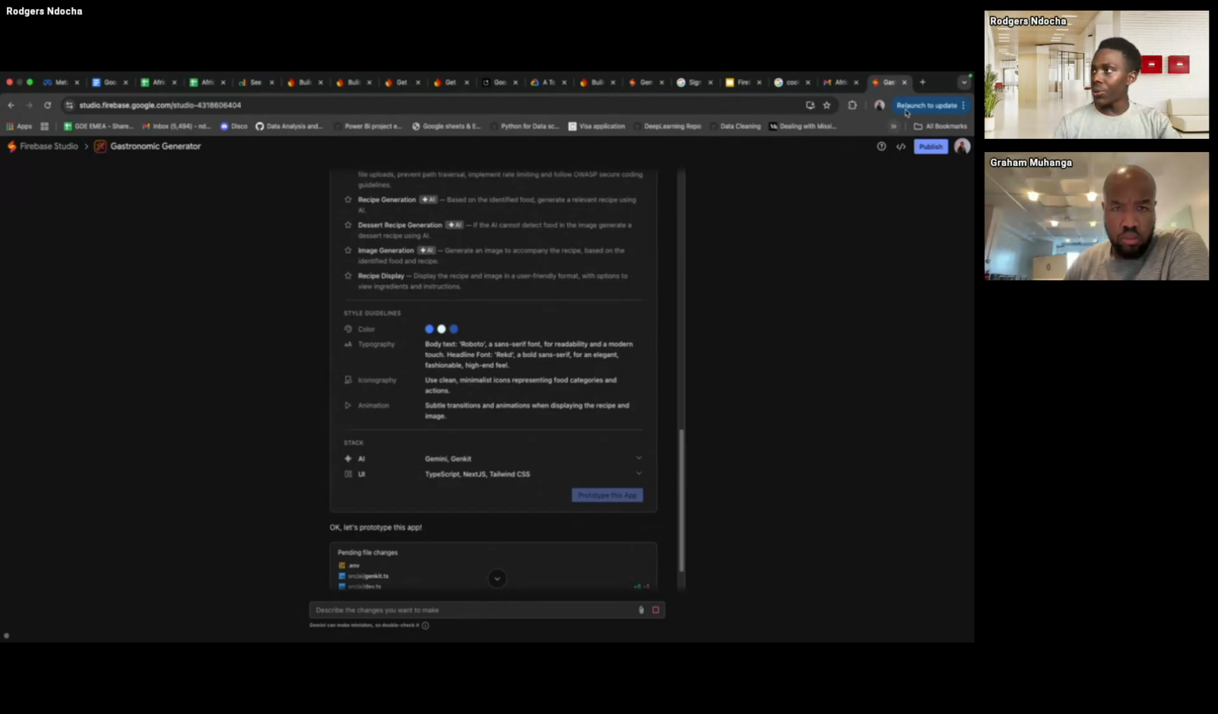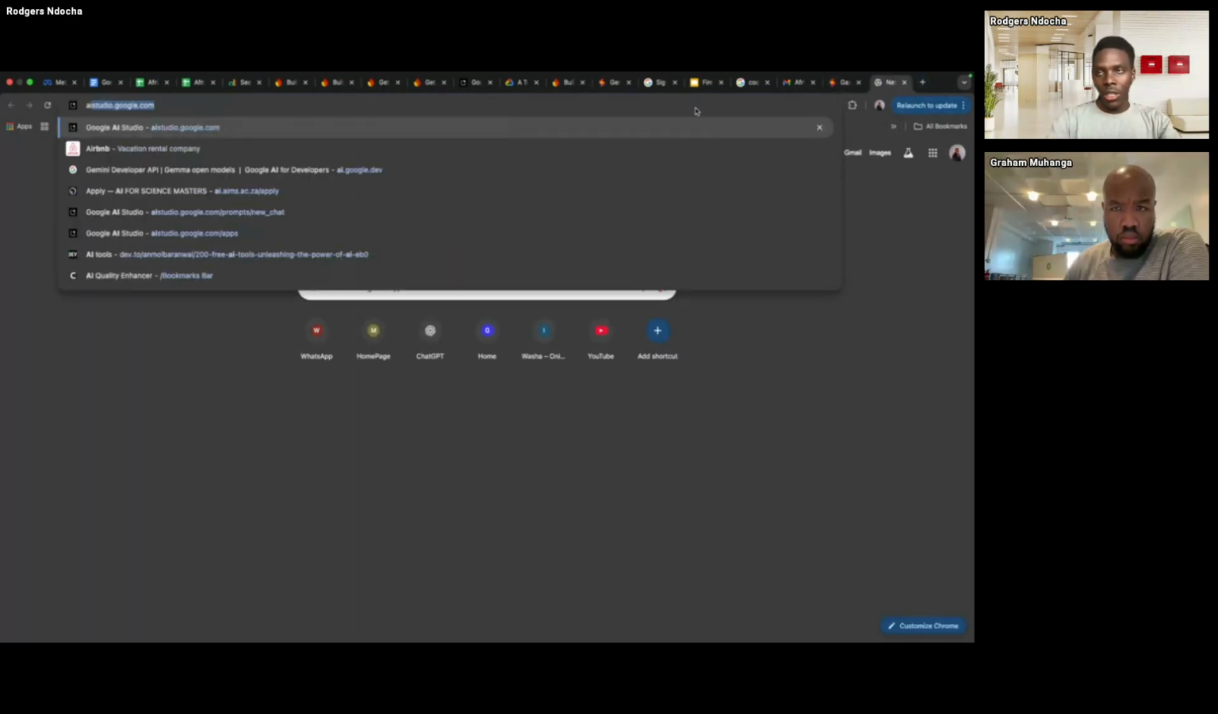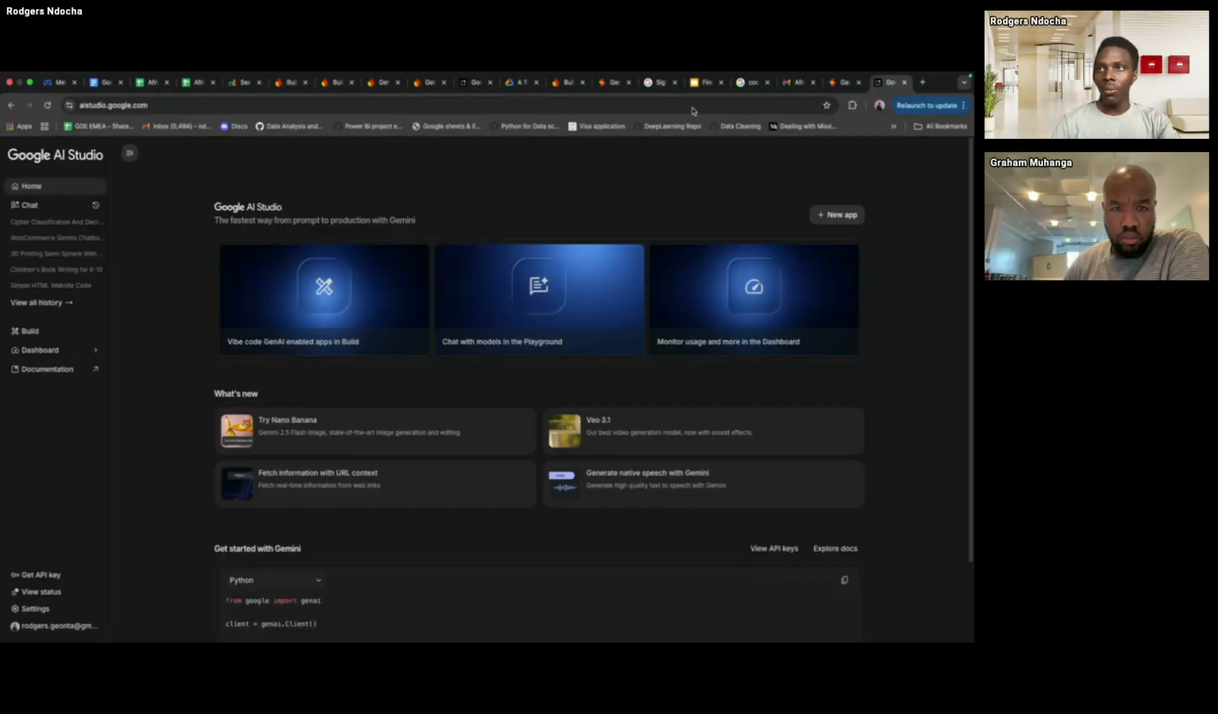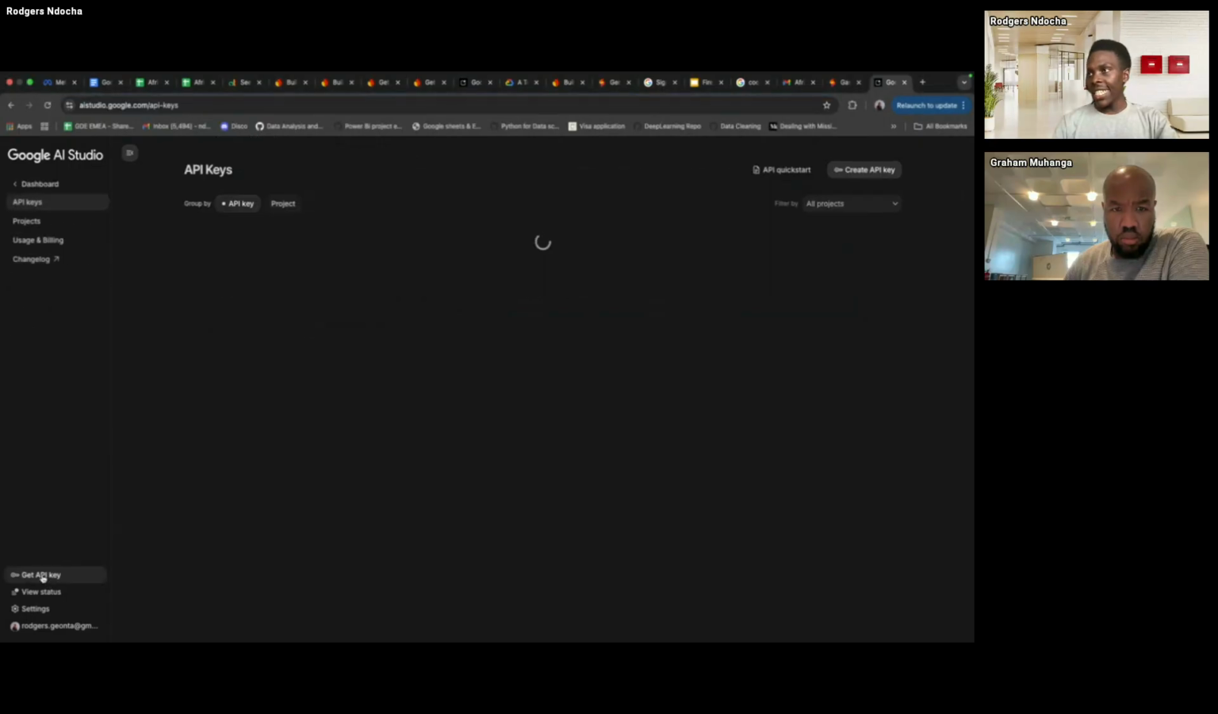As it's prototyping, let me just proceed to AI Studio. So I can open a new tab and go to AI Studio. If you go to aistudio.google.com, I'm also going to paste that link here on the chat. This is the interface for AI Studio, and here on the bottom left side, you can see where you can get your API key. If you click Get API Key, it's going to